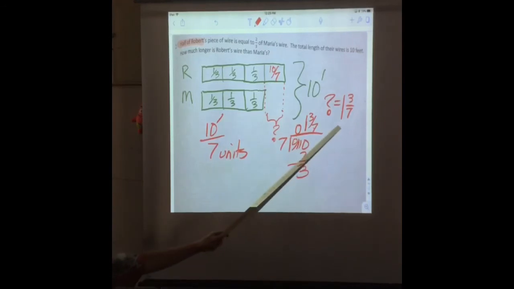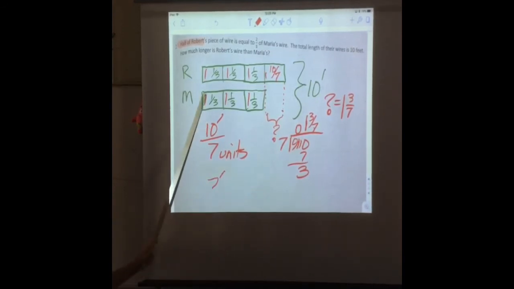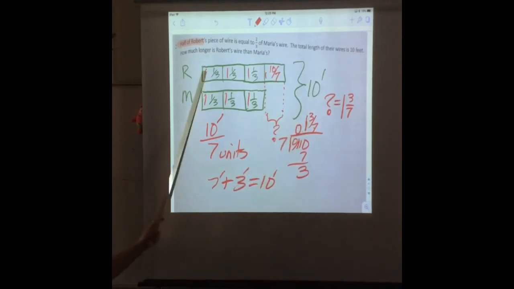And if we counted and said this is 1 foot, 2 feet, 3 feet, 4 feet, 5 feet, 6 feet, 7 feet, right? But we need another 3 feet to make it 10, right? We need another 3 feet to make this 10. So we have our 3/7, right? And if each one of these is 3/7,